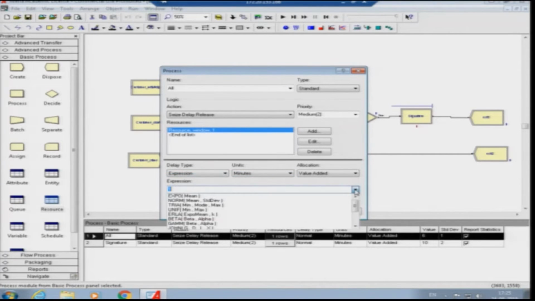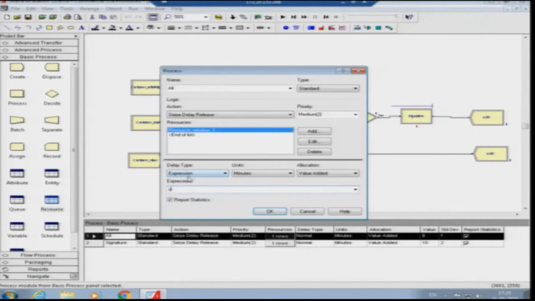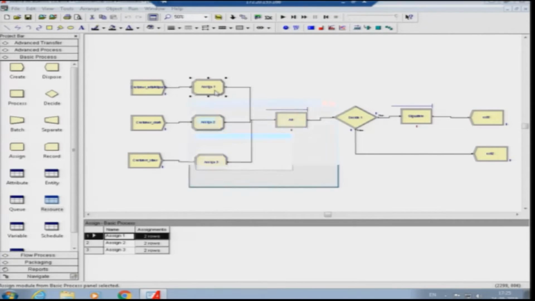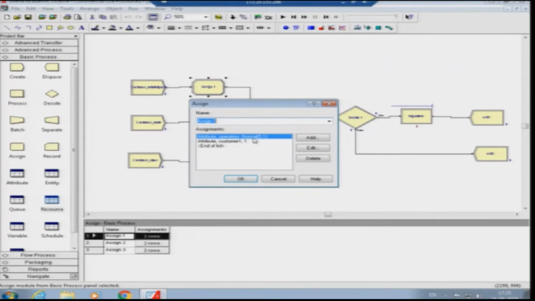Here we put the name of the attribute that we have given to all these customers. The name of the attribute was operation, so we put operation in this expression tab. So the process will now search for this expression, operation, and take the value of operation as defined in the assign node.